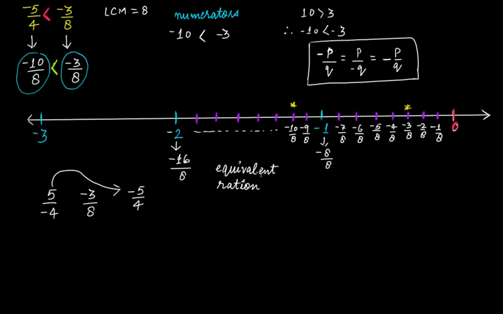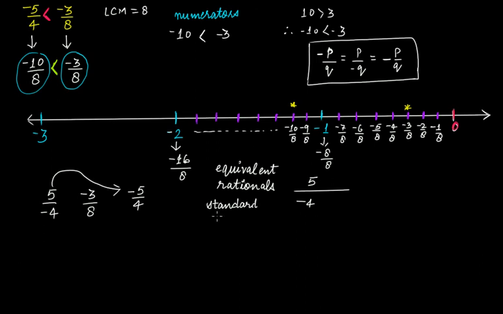Just like equivalent fractions, equivalent rationals. This is no more a fraction because now we have a negative sign. So this is not a fraction, this is a rational number. So equivalent rationals. What you do is you have to convert 5 over minus 4 into an equivalent rational such that it is in its